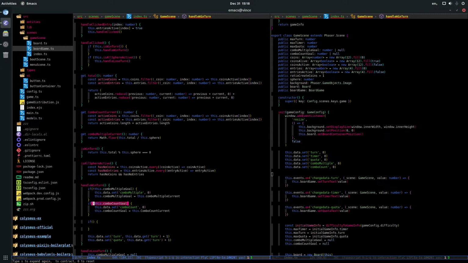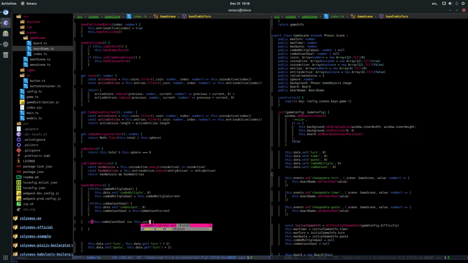This combo goal is equal to this dot combo. Why am I? This combo current, combo multiple current. If this is equal, then